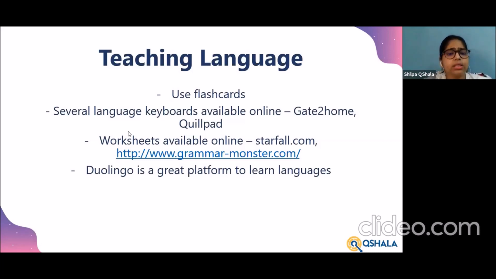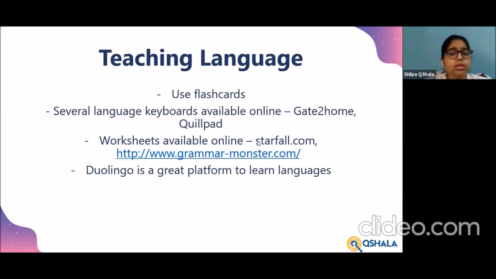Apart from that, there are different worksheets available online, mainly for teaching English. One of them is starfall.com, which is available for the primary and pre-primary grades. This is a request that we got last time, where people wanted specific inputs on how to teach primary and pre-primary kids.